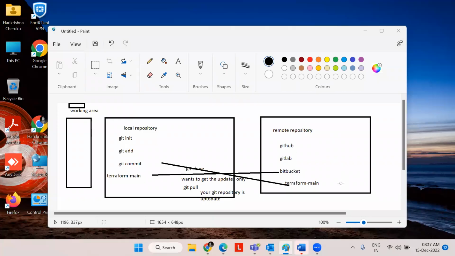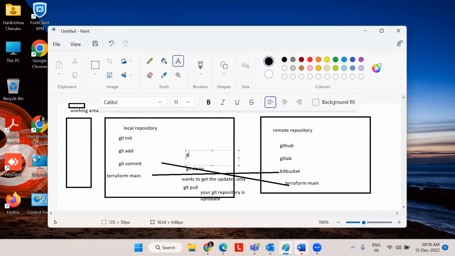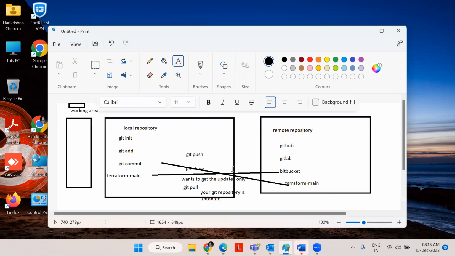I want to push the code from my local repository to a remote repository. So what is the command, guys? Git push. Yeah, so git push is the command to push the code from a local repository to a remote repository. The same way,